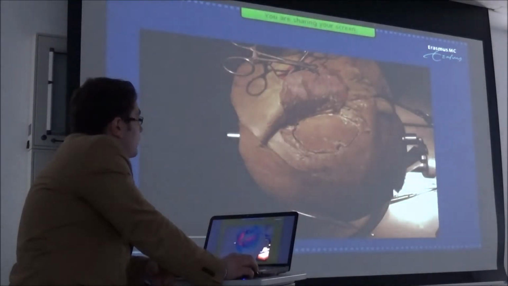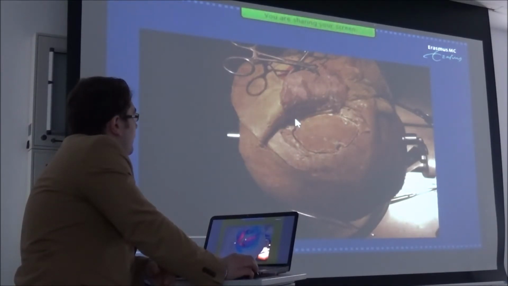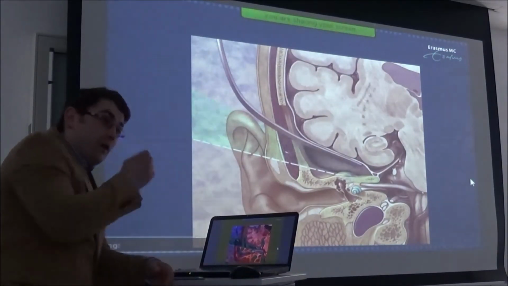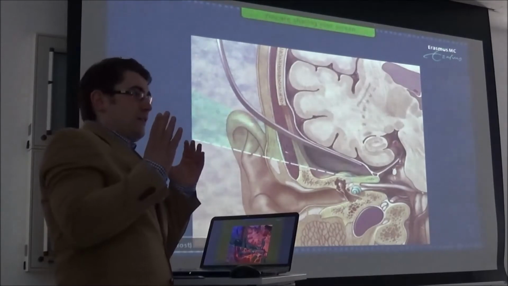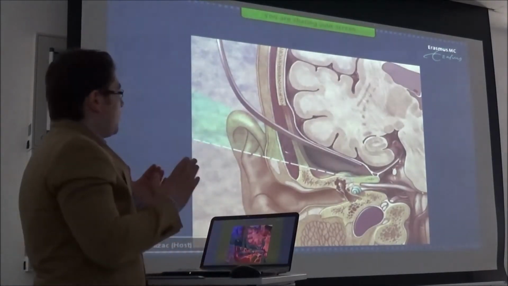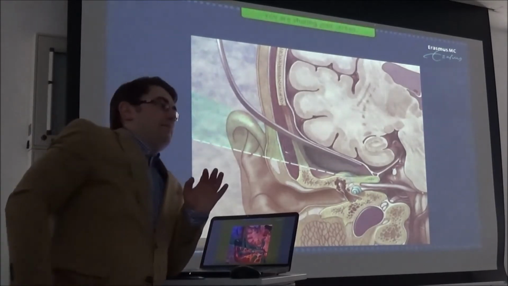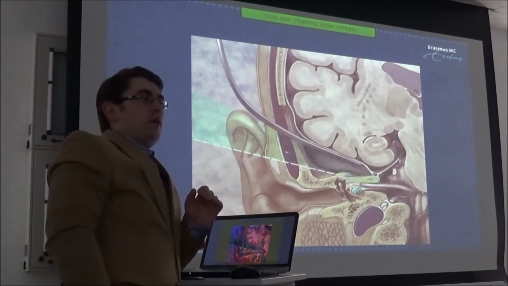So just a cadaver dissection. What you're doing is, here's the ear. You're going to be opening this flap, and then above the ear you're going to be doing this craniotomy. And what's very important is 3D anatomy. So you have to be oriented at the moment, because there will come a time when you will be faced with a cadaver head,